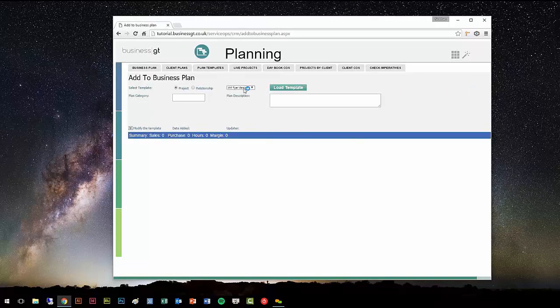I'm going to select the template that I want to add to my business plan. So let's add the A4 flyer design that I just set up. I'm going to select that in there and click Load Template. So that's selected that template. And you can see there's a quick summary of the sales, purchases, hours, as well as my margin on that service or product. Now at this stage, if I wanted to make any amendments to this template, I can click